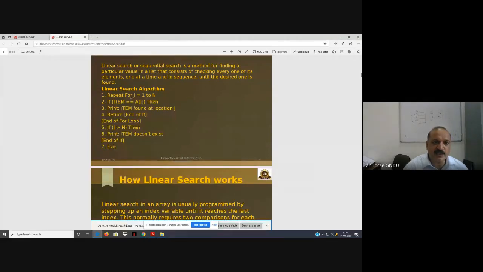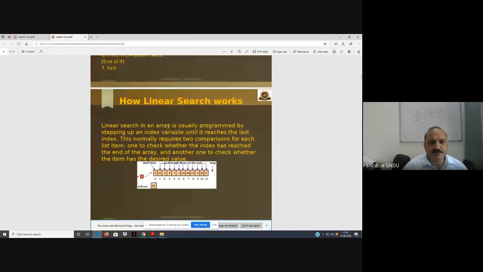Otherwise it will return when j is greater than n. So if j is greater than n, print item does not exist. We also call this that the search has failed.